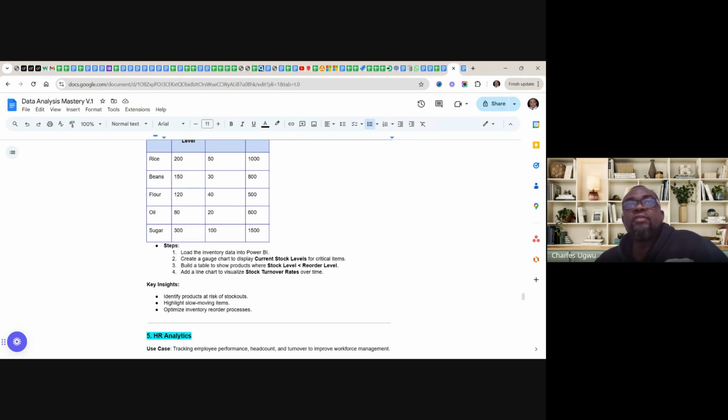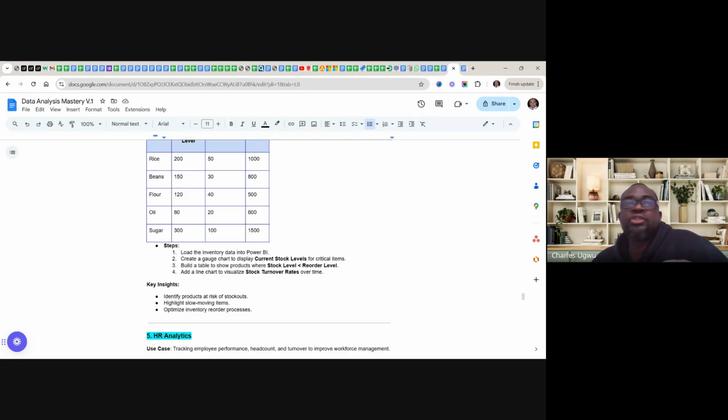And when you have identified a slow-moving product, you don't need to pump resources or invest there. Even if you don't want to stop buying it, you have to understand the demand.